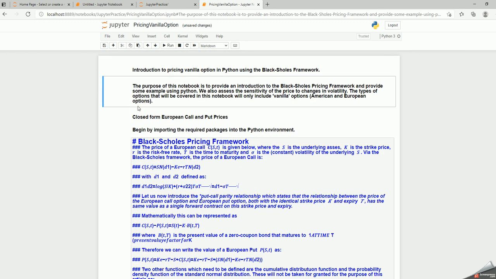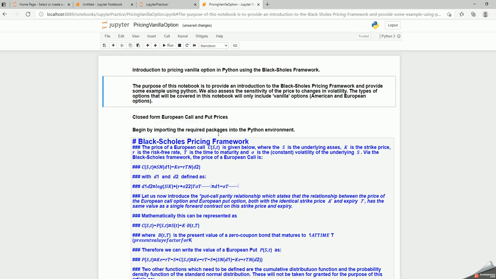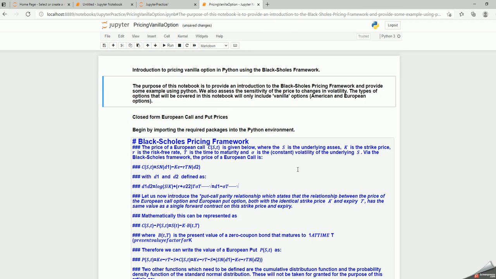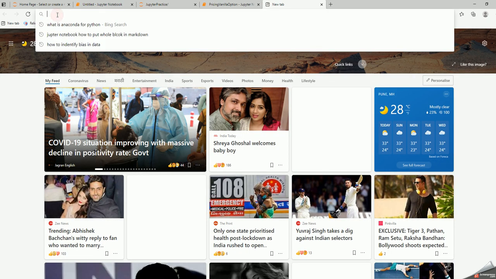So if you have knowledge of pricing a vanilla option, all this will make sense to you. So have a read of it. This shows the option pricing is of course complex. This is the Black-Scholes pricing framework, and this whole thing explains it in detail. Okay. Now, I did not code this program. I will show you something that you can refer to while you are learning more things.